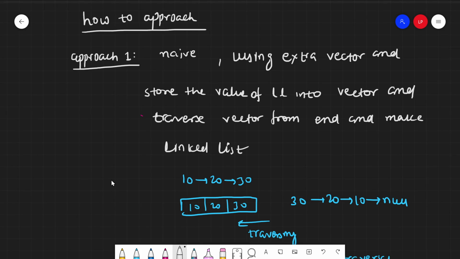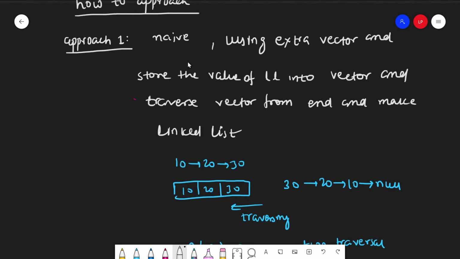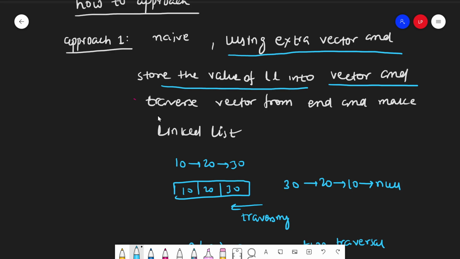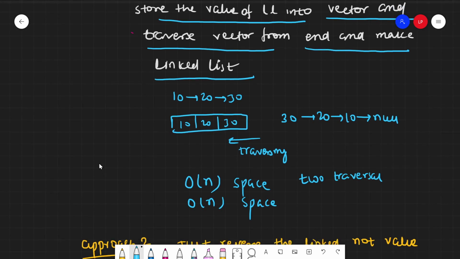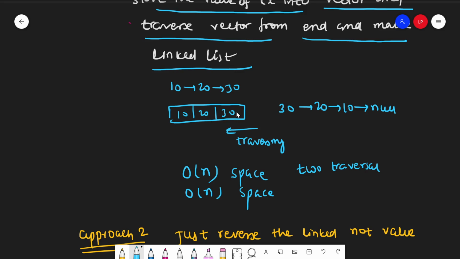So the first approach is a naive approach, in which we can use extra space. We store the values of the linked list into a vector and traverse the vector from the end to make the linked list. For better understanding, I will take an example where the given linked list is 10, 20 and 30.